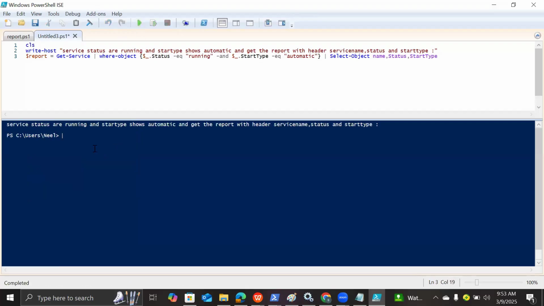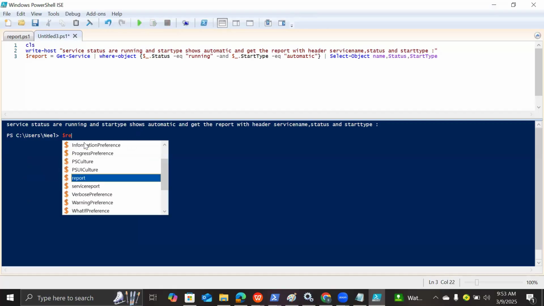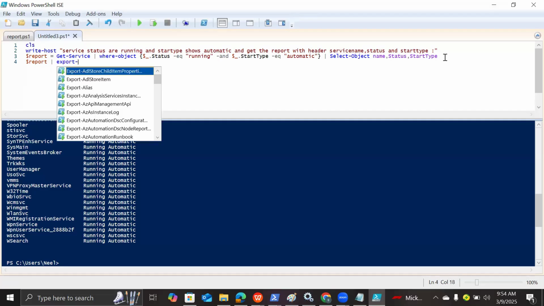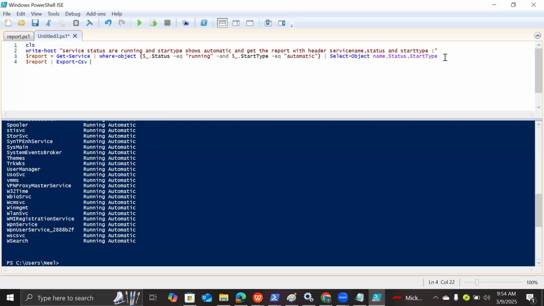If you execute this, and when you type here $report, you will get the result, correct? Yes. Now you can come back here, $report pipeline. Now Export-CSV. Now -Path. Now you can give this